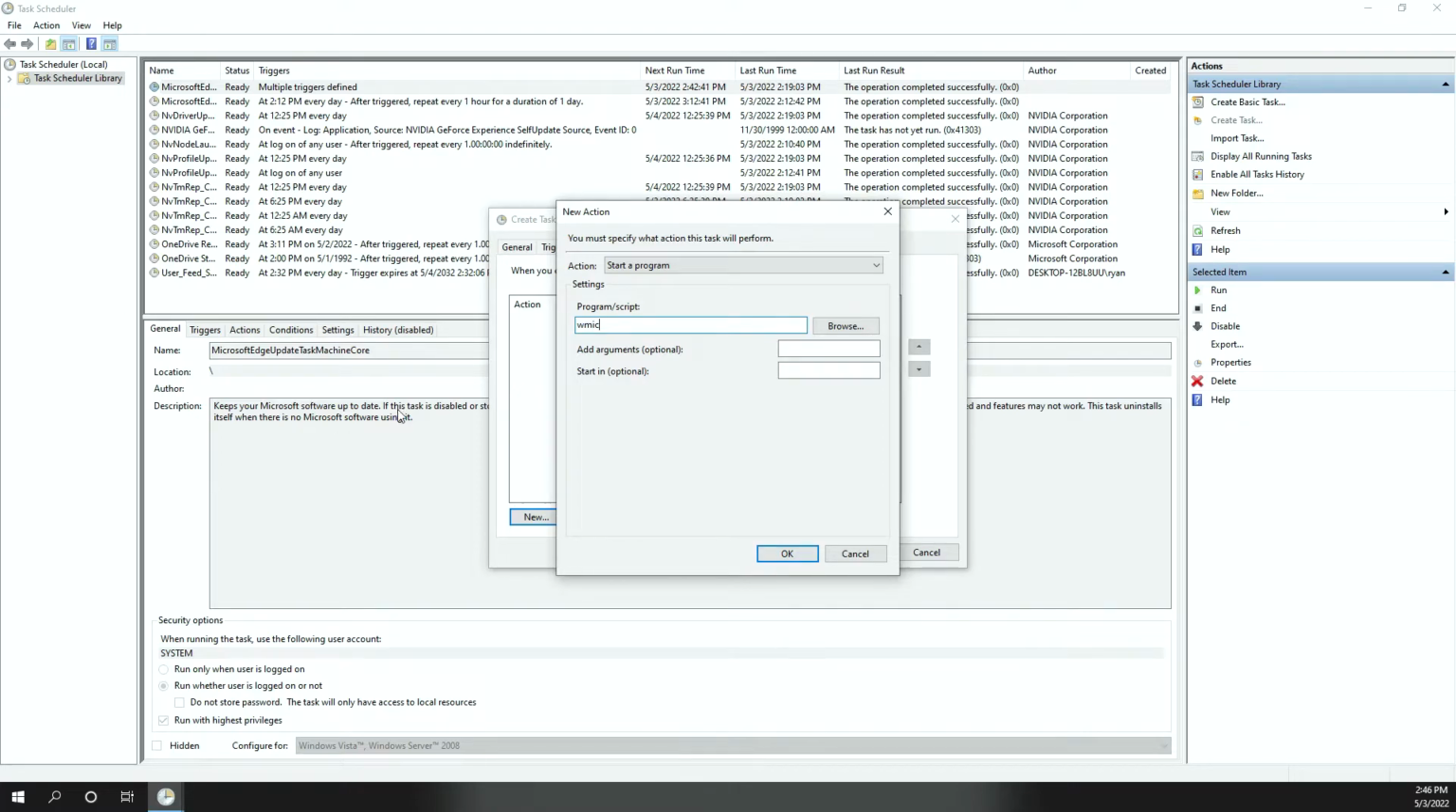WMIC is the program we're running. You don't need to type anything else. That is a core program of Windows, and so it picks that up just by that command. Next, we're putting in the arguments. So it is shadowcopy, call, create, volume=C:\